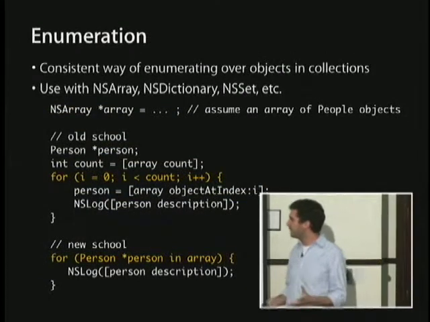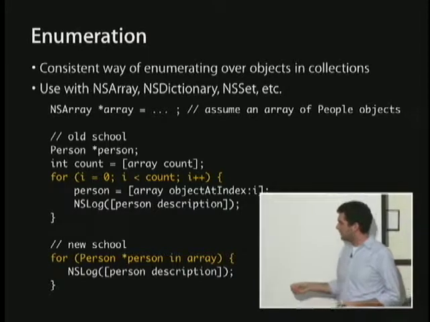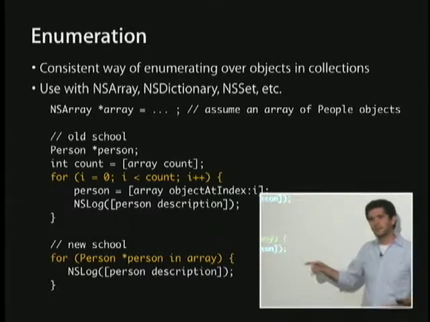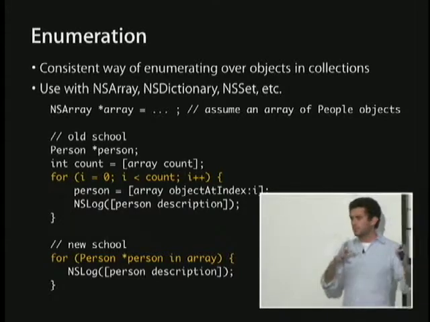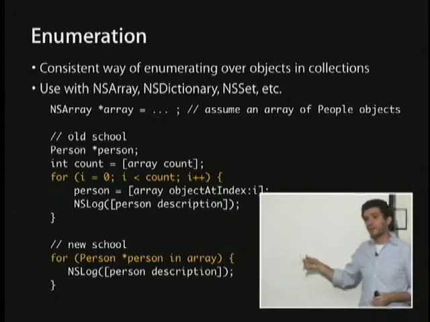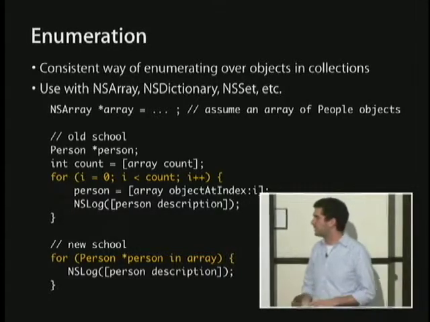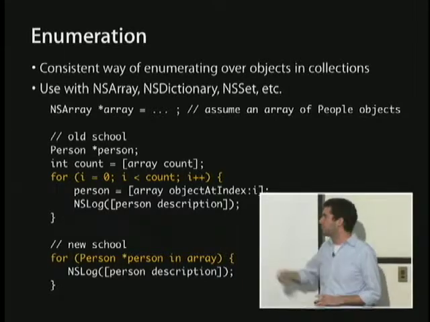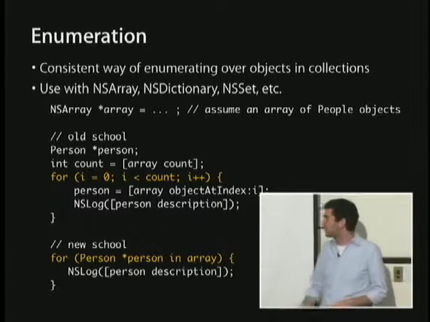Enumeration is pretty interesting. Real quick, this last thing is the interesting thing here. You can basically just write it in compiler syntax now, it's part of the language. For Person *person in array, you can declare your variable right there, and it's going to run this code once for every element in that array. Same thing for sets and dictionaries. Basically what you would have done before by doing a for loop where i equals 0, i less than count, i plus plus.